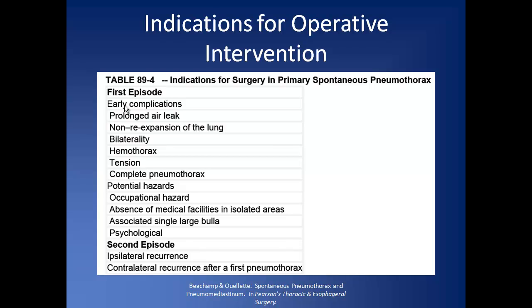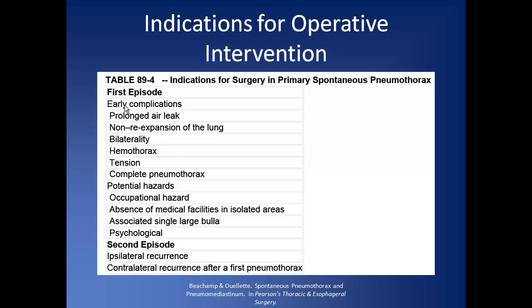So with your first episode, if you have early complications or prolonged air leak, if you have non-re-expansion of the lung, if it happens bilaterally, hemothorax, a tension pneumothorax, a complete pneumothorax, which is the same as tension, but potential hazards if they have an occupational hazard, so fighter pilots, scuba divers, absence of medical facilities in isolated areas, associated single large blowers, psychological, so if they're not going to be able to recognize whether or not they have a